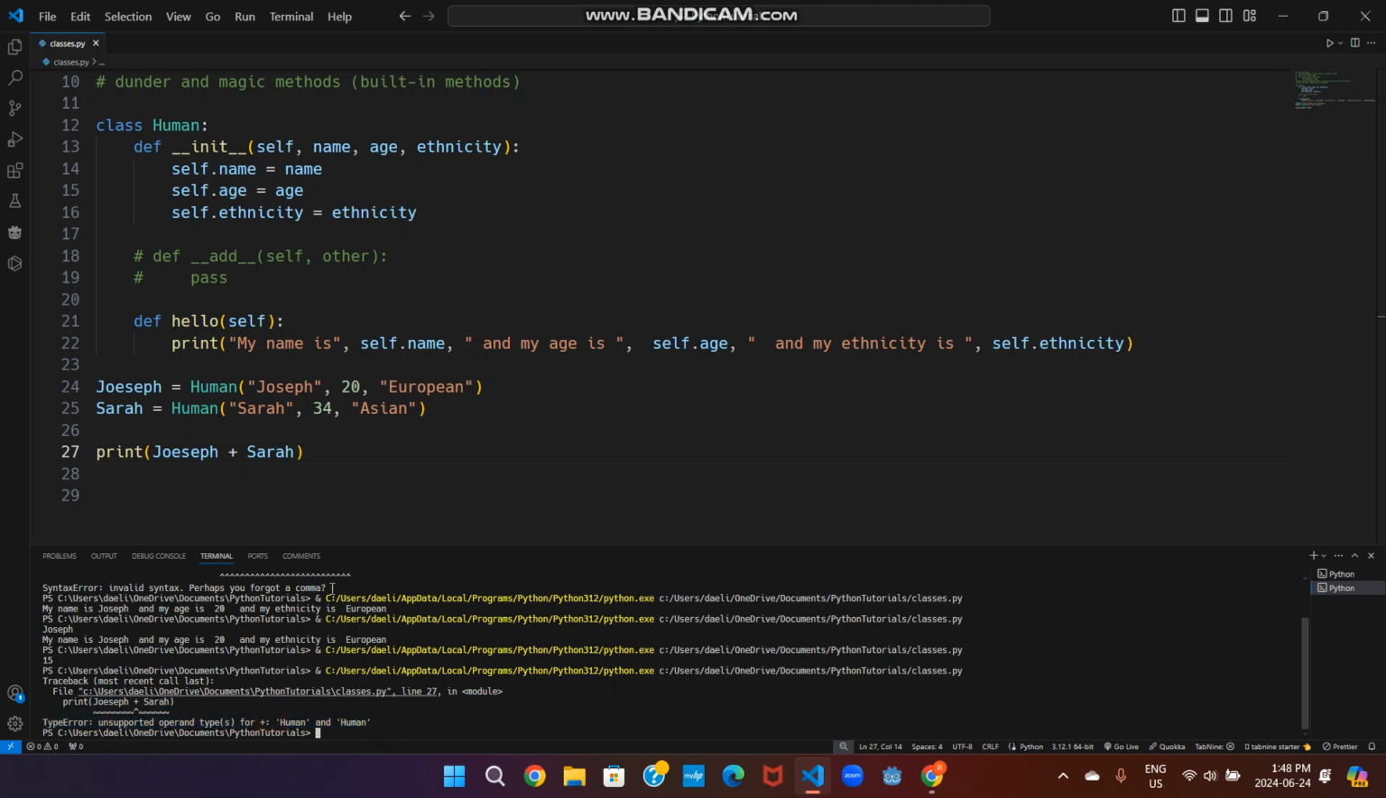It's saying that we can't add a human with a human, but we actually can if we define it here. So if we write underscore underscore add underscore underscore, we need these underscores. What we're doing is defining how this plus sign works with human objects. How can I add two humans? That's what we're doing. So now I can just say print